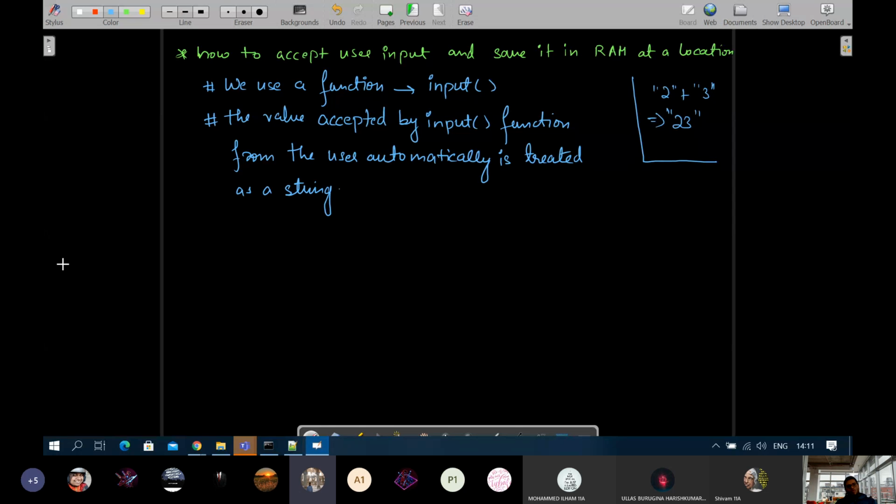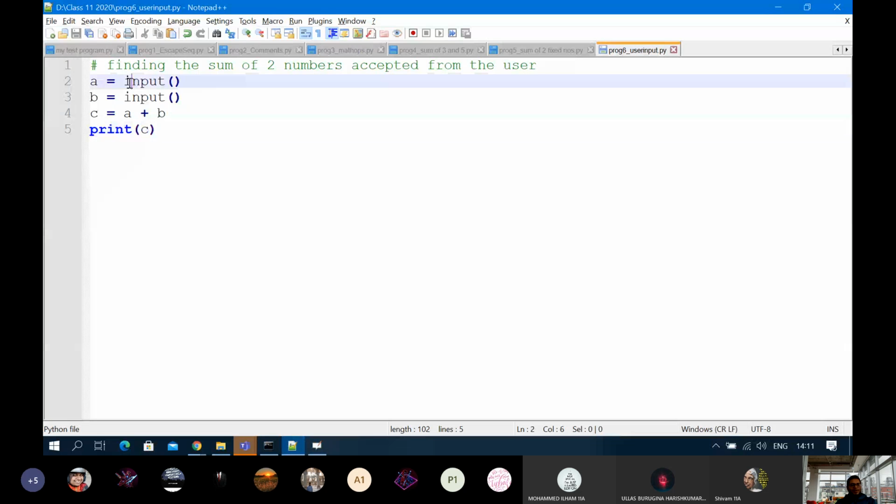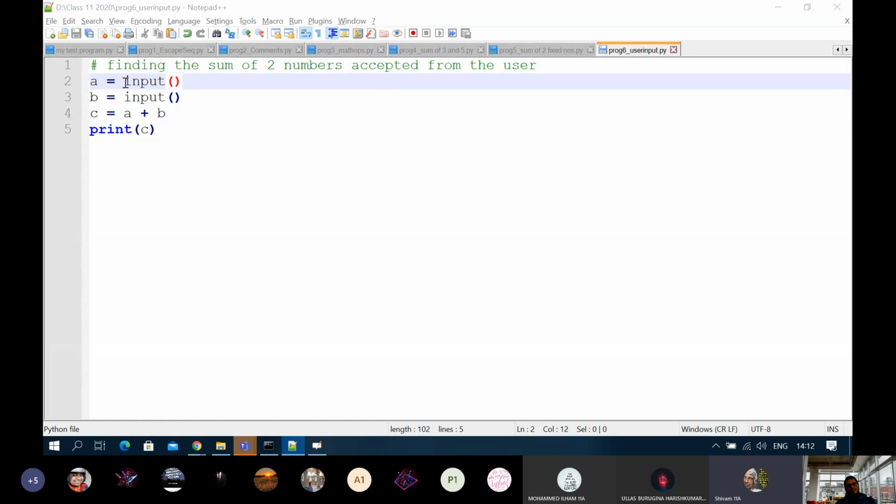So why, sir? Yeah, why, sir? Because that is how the input function behaves. Why नहीं पूछ सकते हम लोग? We cannot ask why because the person who designed Python wanted his input to behave this way. Okay, so how to overcome this challenge? We will have to change the value accepted by input, which is a string, to integer. So for that, real number.